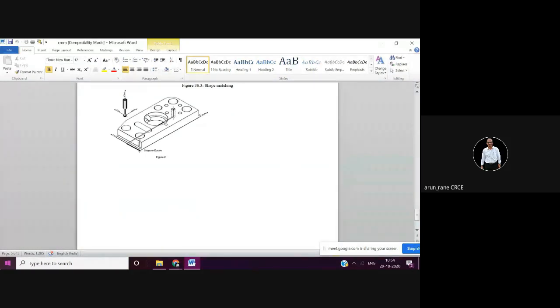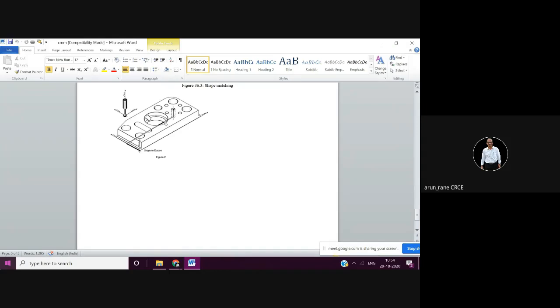So in that case, what we do is take this component on the CMM machine and take readings with the help of a probe at different places, maybe 10 places, maybe 50 places, maybe 100 places, depending upon the accuracy. And then CMM will give you a series of points. It will give the complete profile. It will build the equation also for you, and it will build a surface also for you.